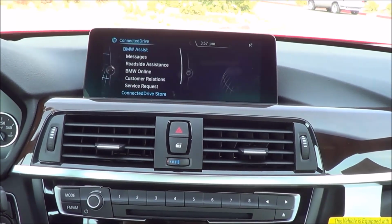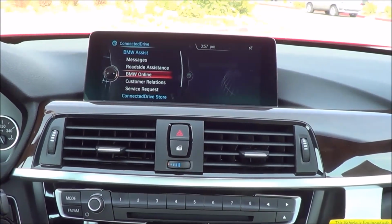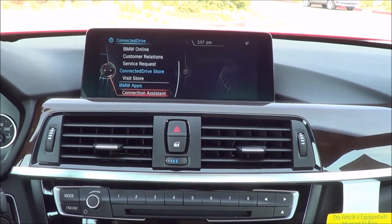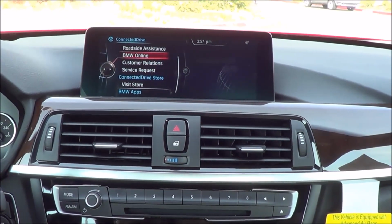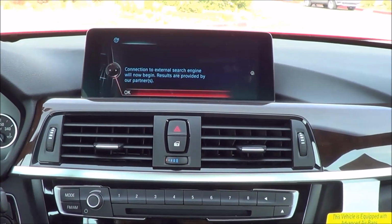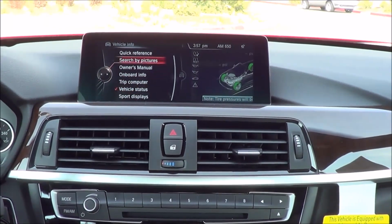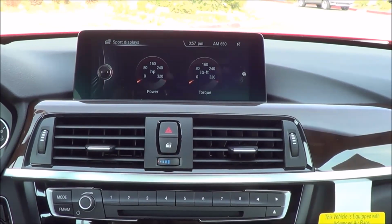Then you have the BMW ConnectedDrive. This is pretty much like their infotainment system, and it shows you your roadside assistance, BMW Online. And then you can access many different apps such as Facebook through your smartphone data connection, customer relations, you can visit the store. Pretty cool there. Then you have your vehicle info, your owner's manual, trip computer, vehicle status, sport displays like the power and the torque,